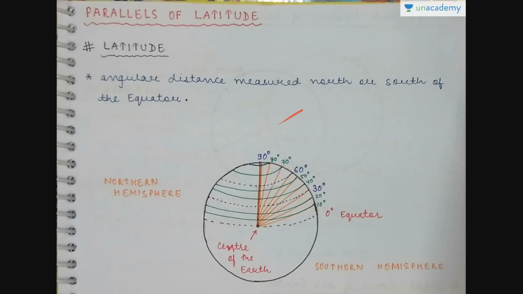Suppose this is the 10 degree north latitude covering the entire earth. You have to imagine a ball here and we are surrounding it with a line. So even this place will be at 10 degree north latitude, and this place also, when we measure from the center of the earth. So all places on the same latitude will have the same angle. This is the main thing.